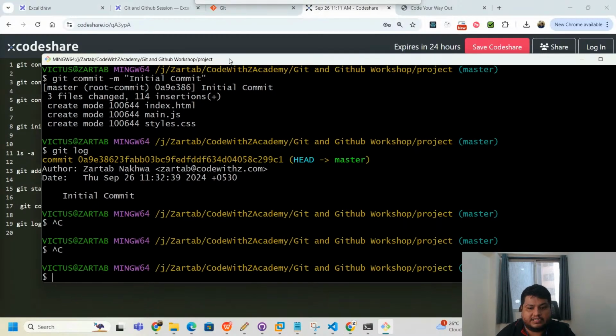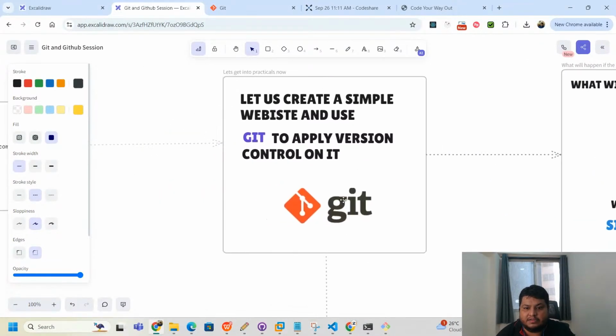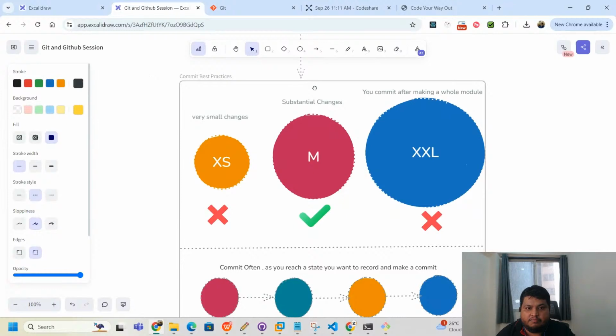This is good. Next, what do we have to do? When it comes to the commit message, there is another small part which I would like you to work upon. What are the best practices when it comes to commit? Very small changes, don't commit, not a good practice. Substantial changes, like you have started something and made some changes to 2 3 files, always better to commit. If you are making a whole big module by yourself,